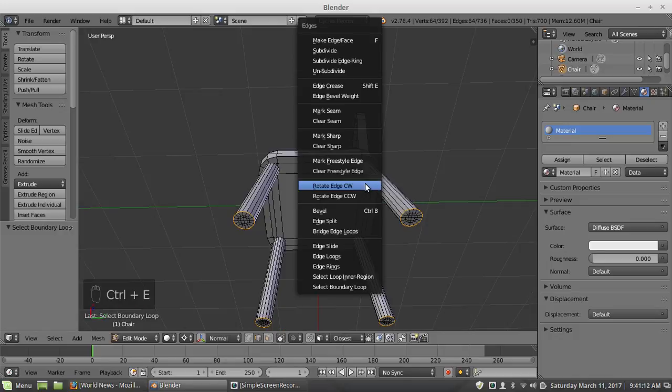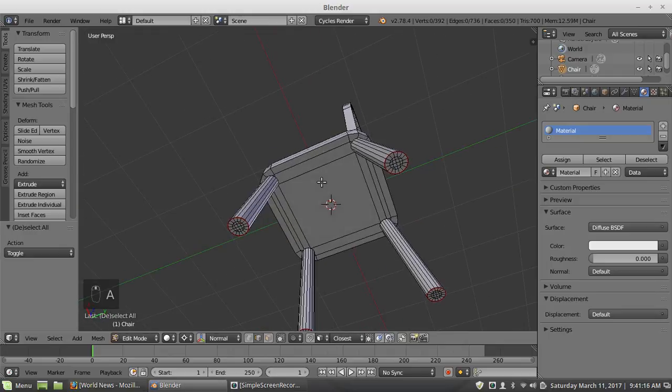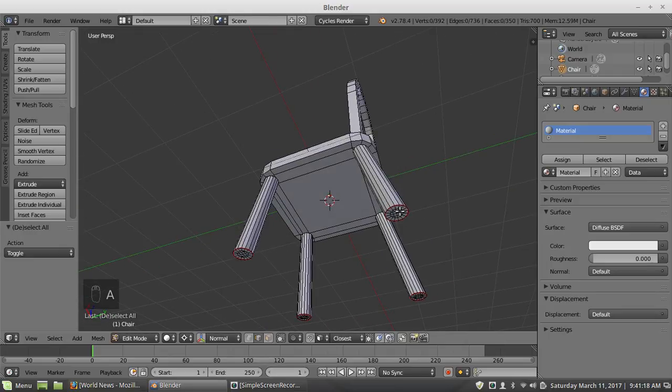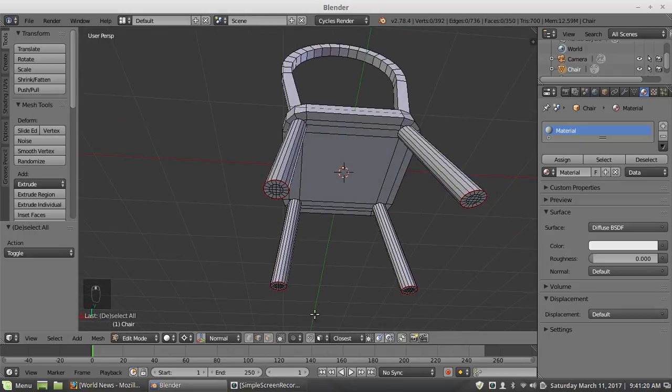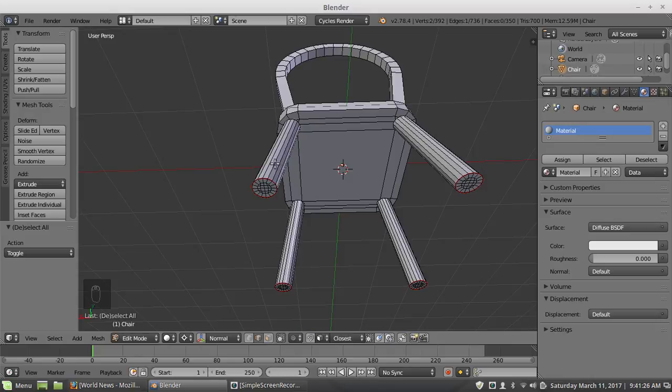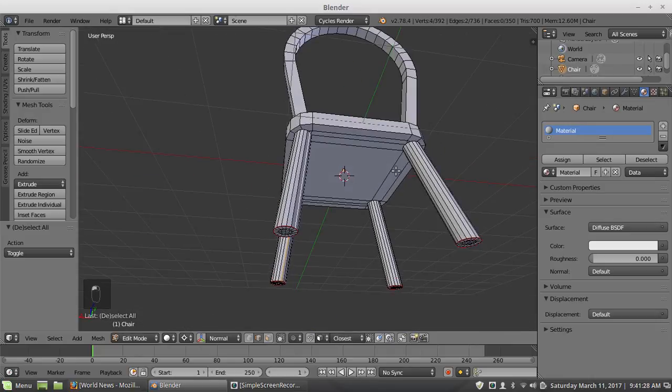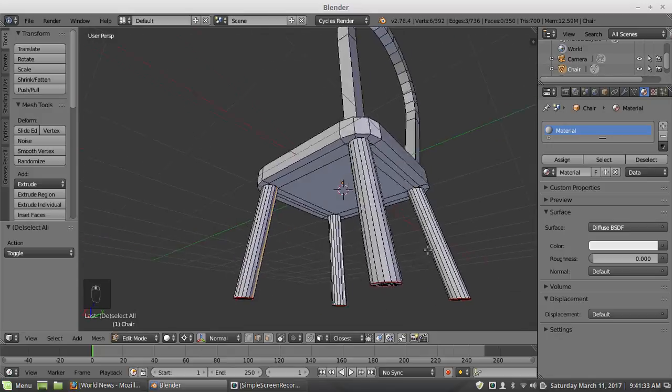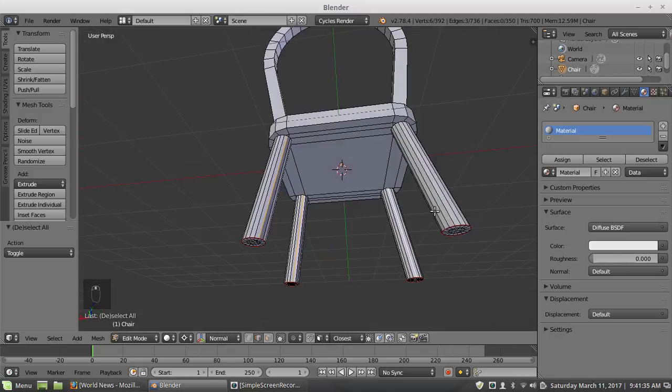Alright. So what I'm going to do is mark seams around all the bottom edges, so we have the bottom of each leg with a seam. And I'm going to put the seam on the back, or the inside area towards the back. The reason why I do that is because if there's going to be a mess in your UV mapping, it's usually where you don't want to see it.